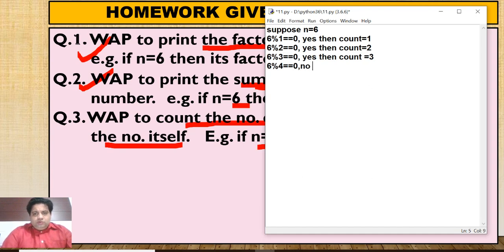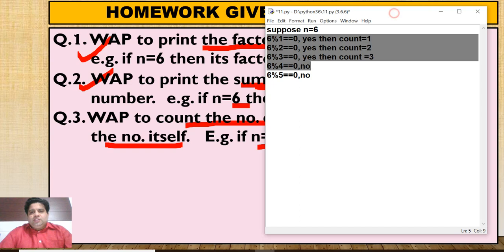No. Now 6 mod 5. No. And we are excluding the number, so we are not checking its divisibility by 6. Okay. So what is the value of count? The final value of count is 3. It means there are 3 factors.